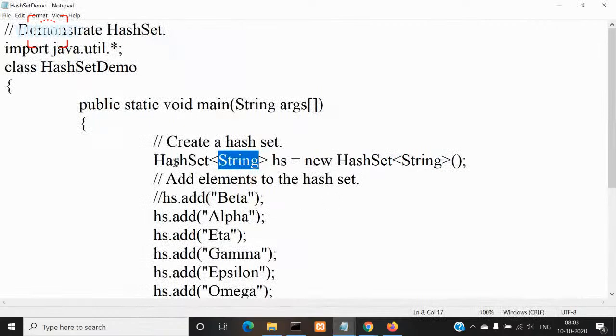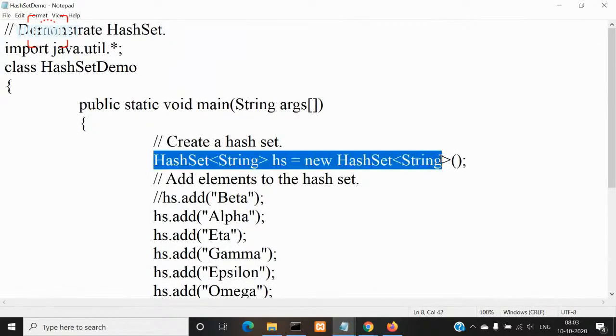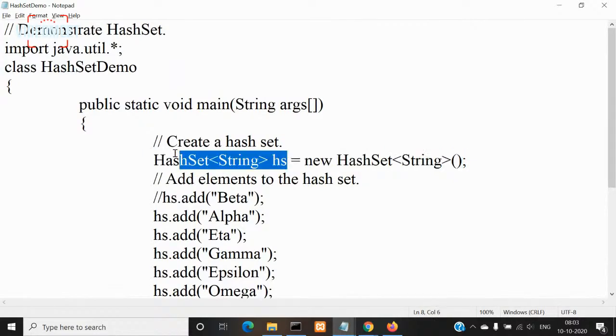And to create a HashSet directly, you can create an object for the HashSet class this way, or instead of a HashSet object, you can use a Set object also, right? Where Set is an interface, and that Set interface is implemented by the HashSet class, just like the Map interface is implemented by the HashMap class. The Set interface is implemented by the HashSet class. Okay,